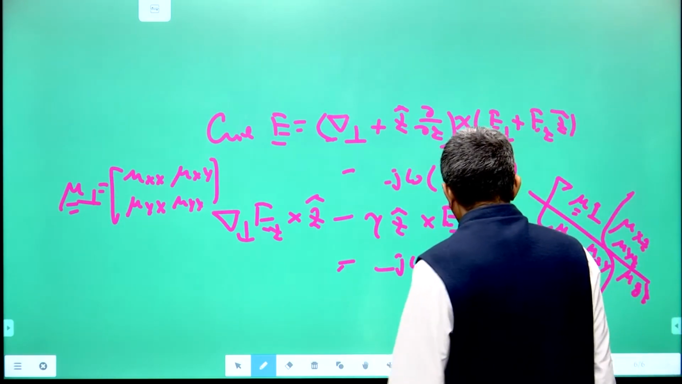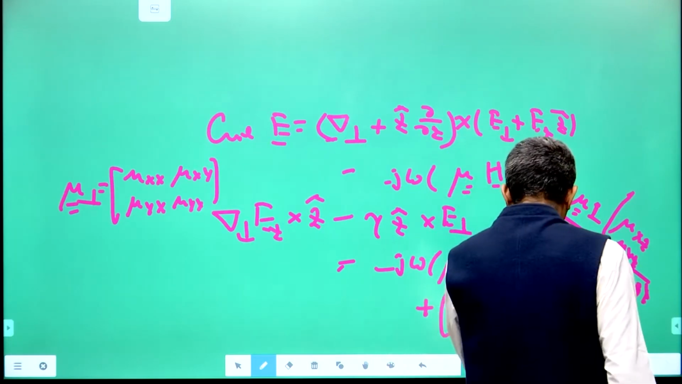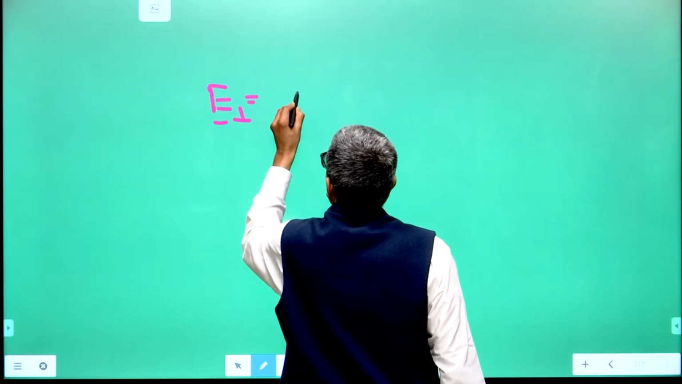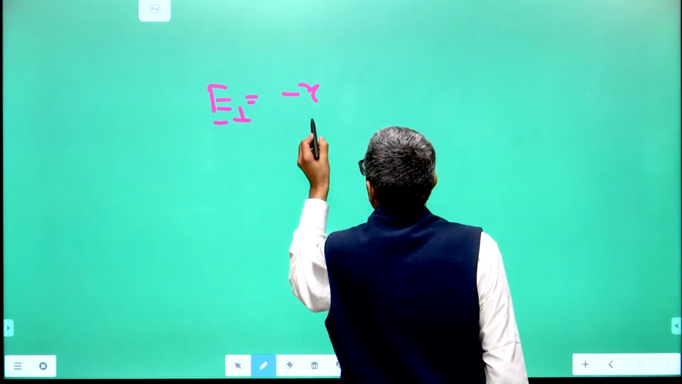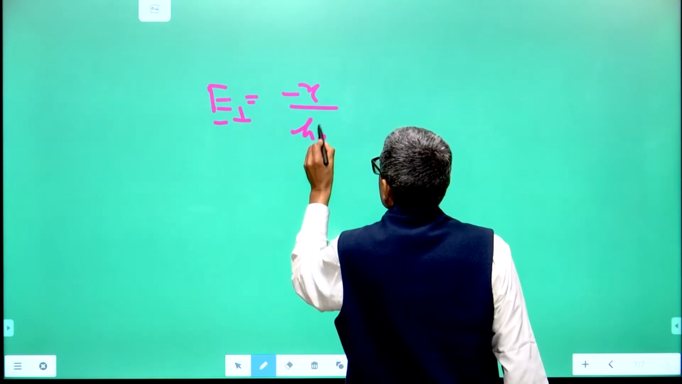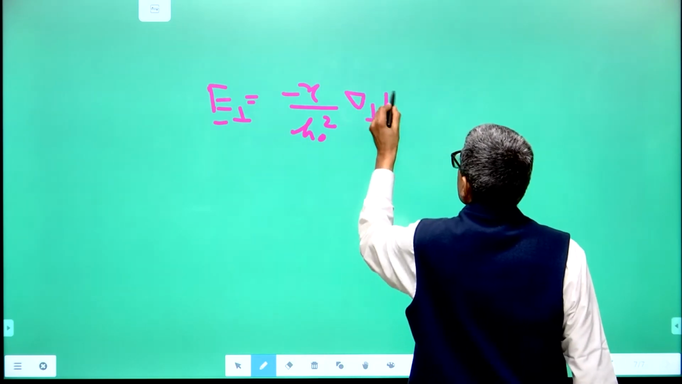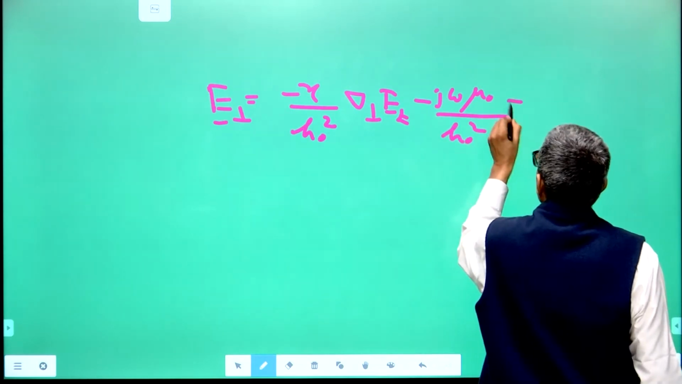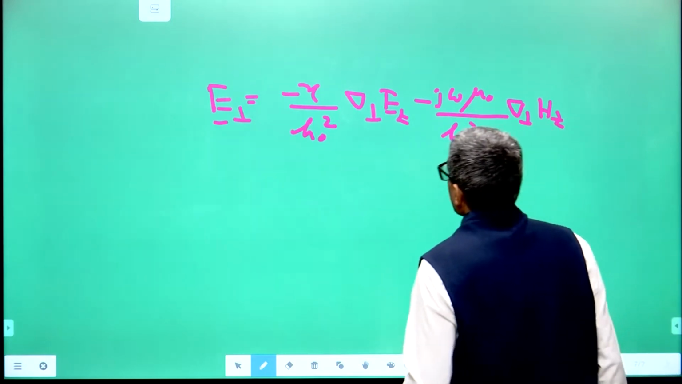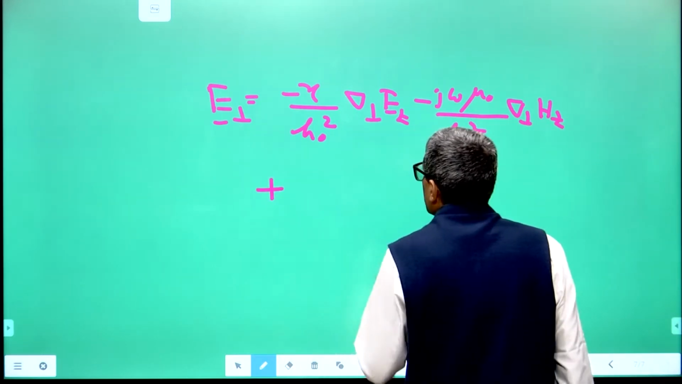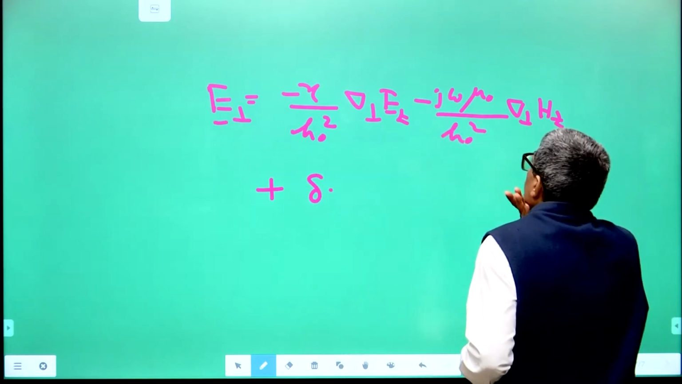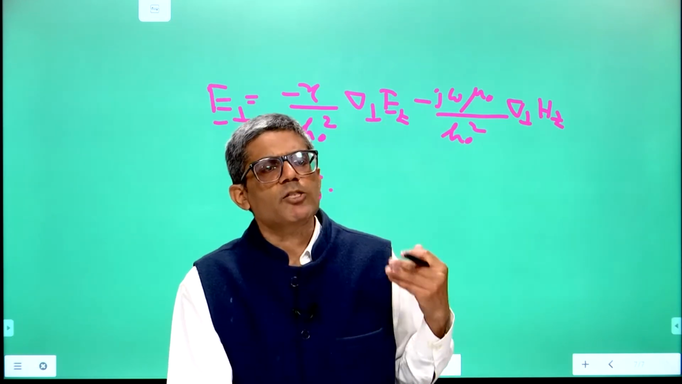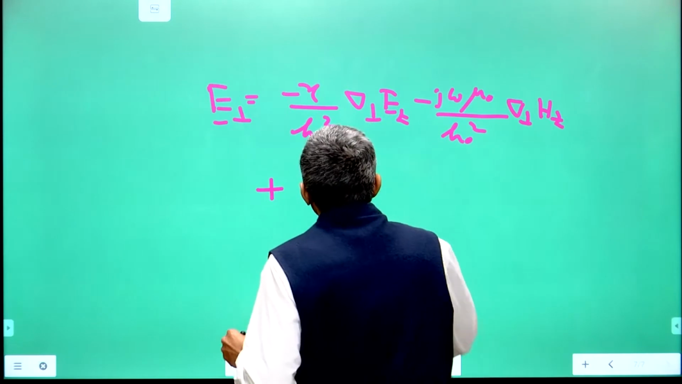So when we solve these equations, we get E perpendicular as minus gamma by h square. If you solve it up to order delta square, it is minus gamma by h naught square del perpendicular Ez minus j omega mu naught by h naught square del perpendicular hz, that will be the unperturbed part, plus a delta term. If you expand up to order delta, since the anisotropic and inhomogeneous parts of the permittivity are of order delta, you will get plus delta times